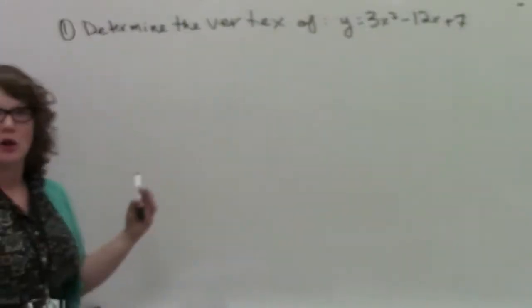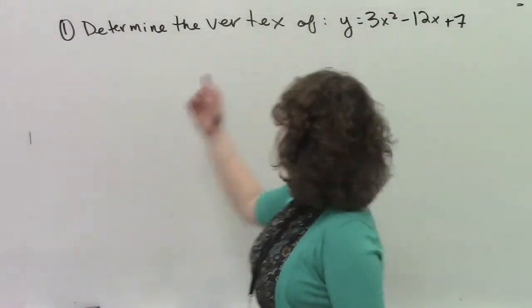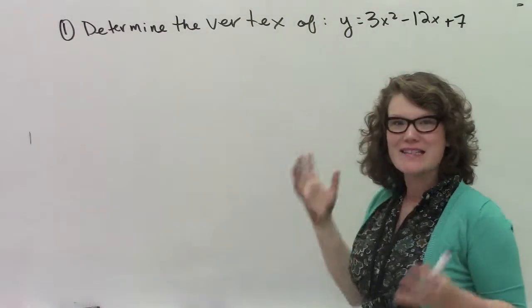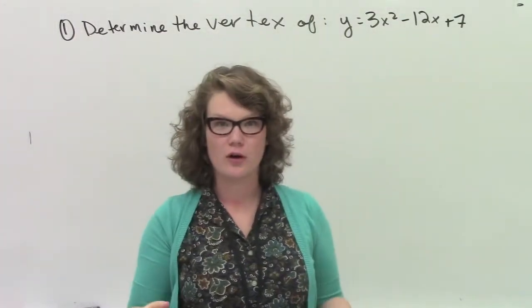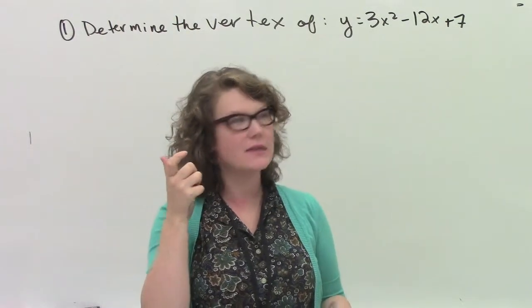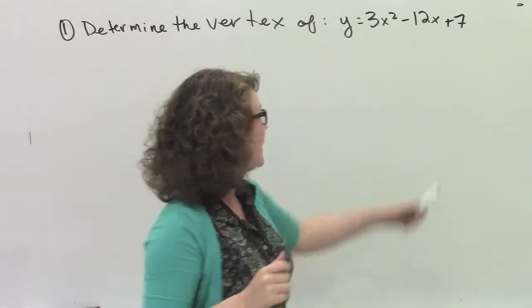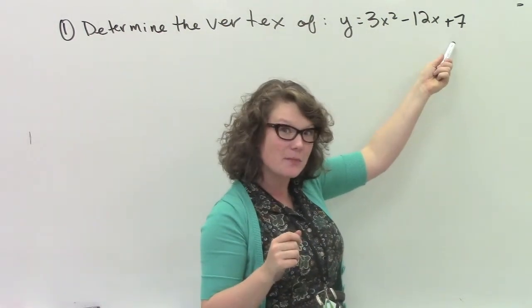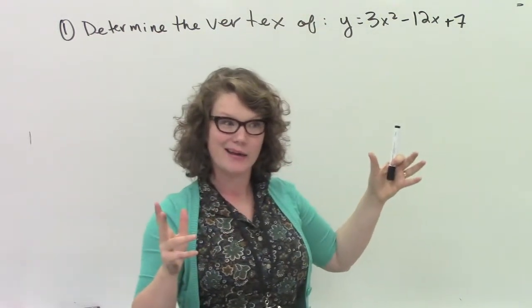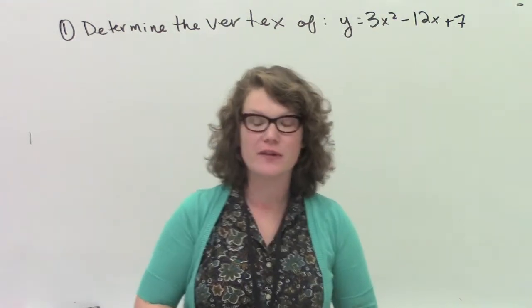So, question number 1 is determine the vertex of y equals 3x squared minus 12x plus 7. What we're noticing about this is that this equation right here is actually in the general form. Again, what is the general form good for? It's good to give us our roots, it's good to give us our y-intercepts, but it doesn't do a really great job of giving us